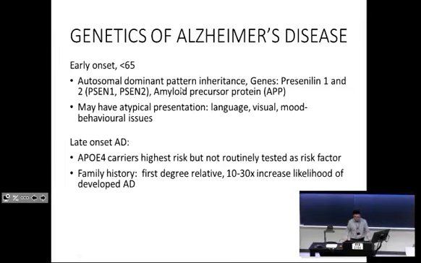So the usual figure is that if you have one first-degree relative, so a parent, a sibling, or a child who has Alzheimer's, your risk is doubled. So remember that rule, 0.5% at age 65. Doubling doesn't really make much of a difference.